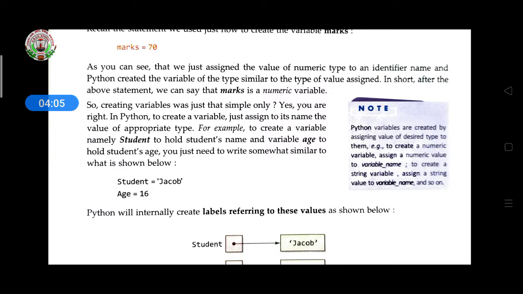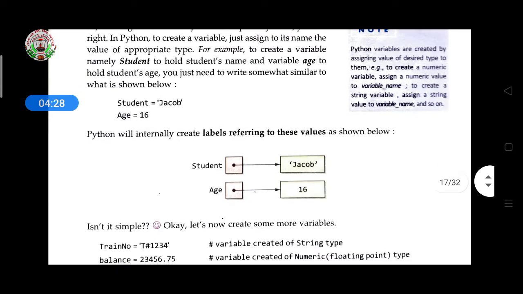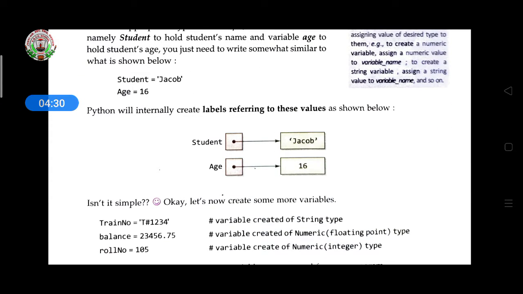So here student is also a variable we have assigned. So student equal to Jacob, meaning if you write print and under that function write student, the answer should be Jacob. And if you write age, what data is stored under age? 16. Yes, like this we have to initialize a variable.